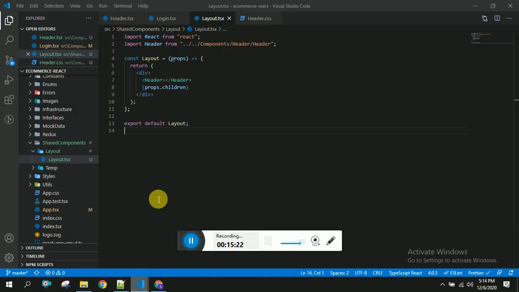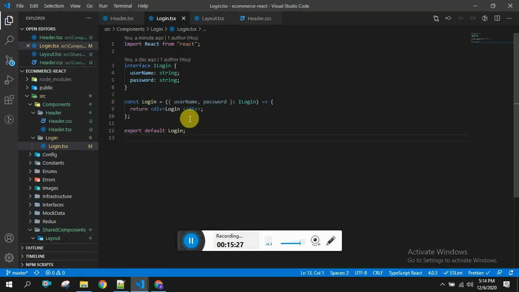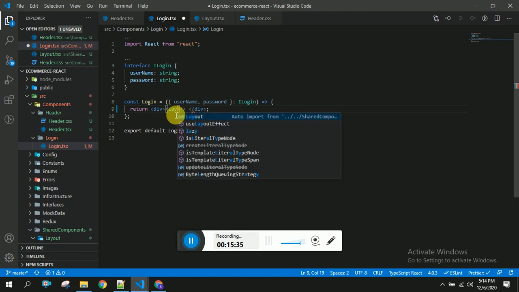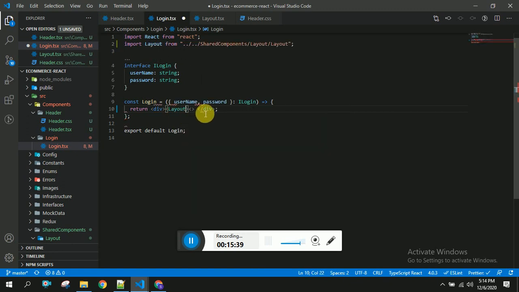Let us see why it's not working. If you see in the login section, we are not importing any layout. We have to send this login content inside this layout. Only then will we be able to see the navbar.